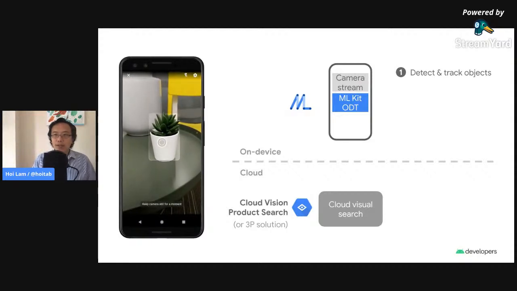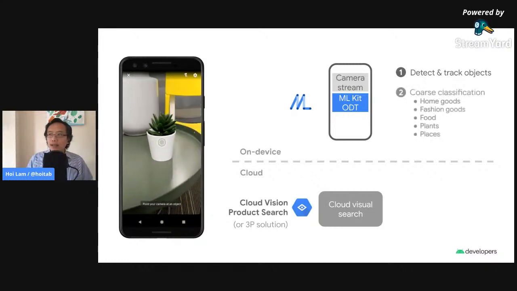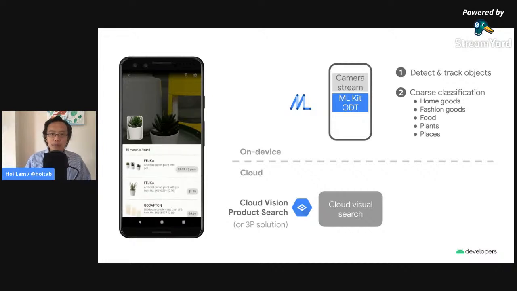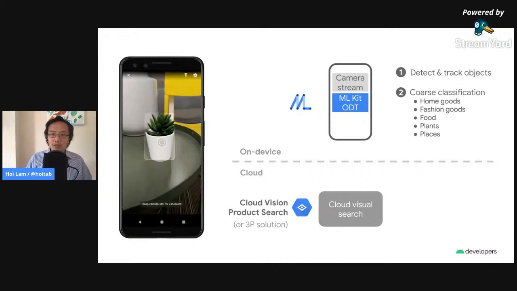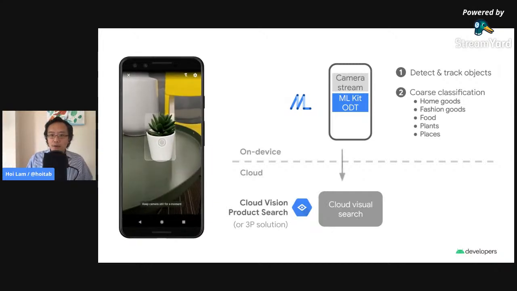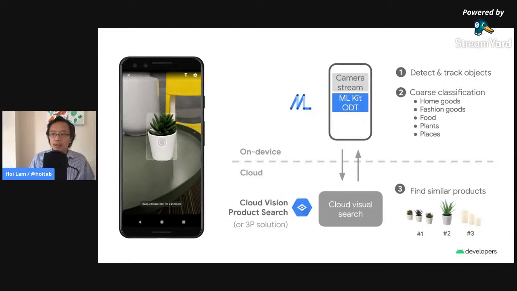So here's the flow for the app. First, it detects the object. Second, and this is optional, there's a filter for the different categories, from home goods to colored plants, etc. You could switch on the different filters, etc. And then finally, you can call on Google Cloud or other kinds of cloud services in order to get back